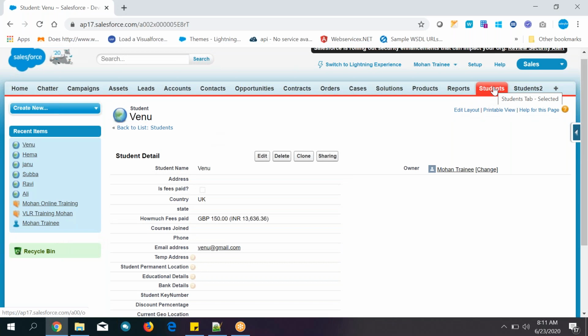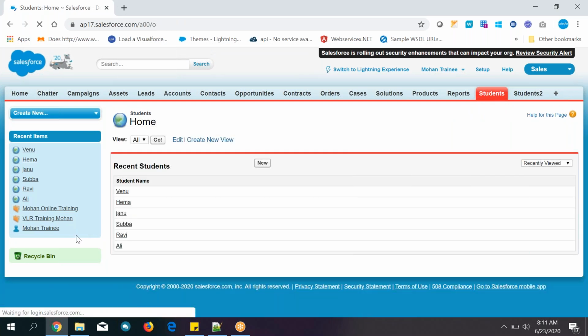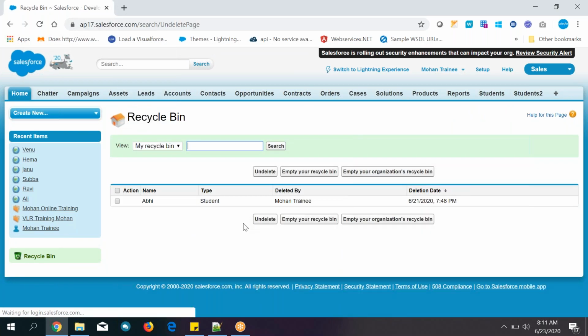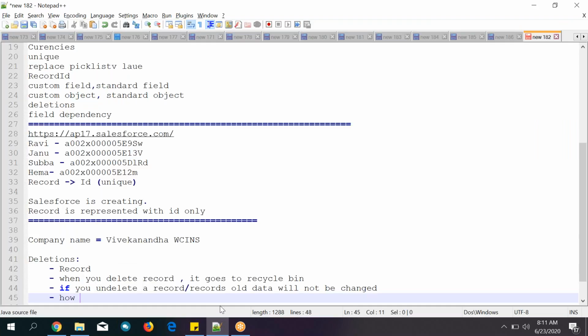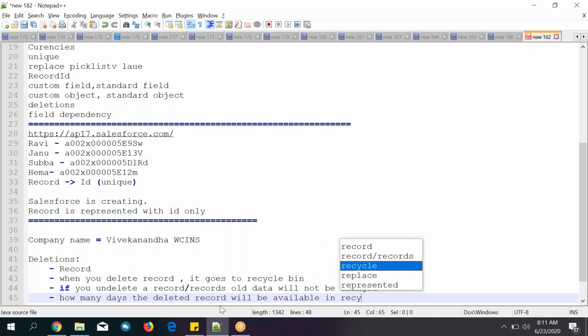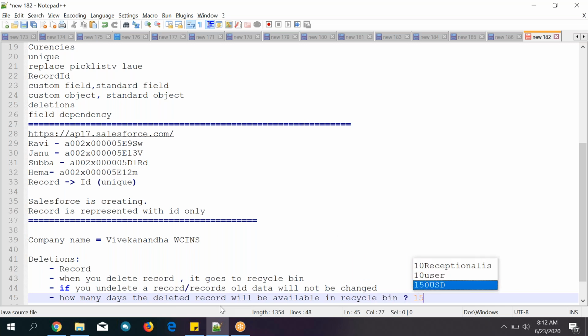Okay. So again, suppose Abhi data is there in the recycle bin. Go to here. If you delete a record, how many days will it be available here? 15 days it will be available. The deleted record will be available in the recycle bin 15 days.